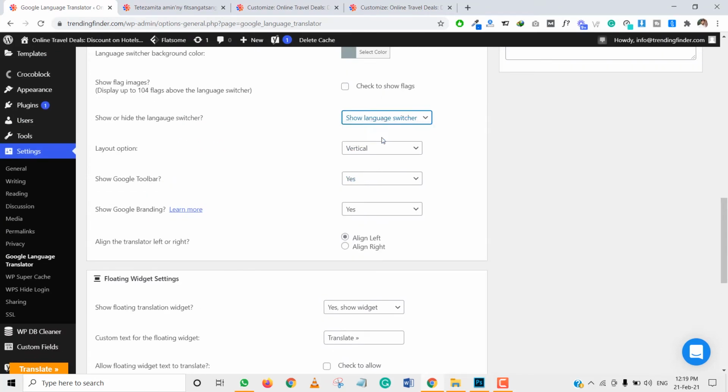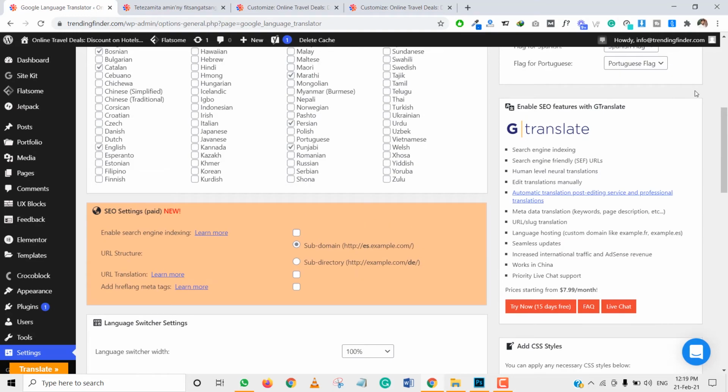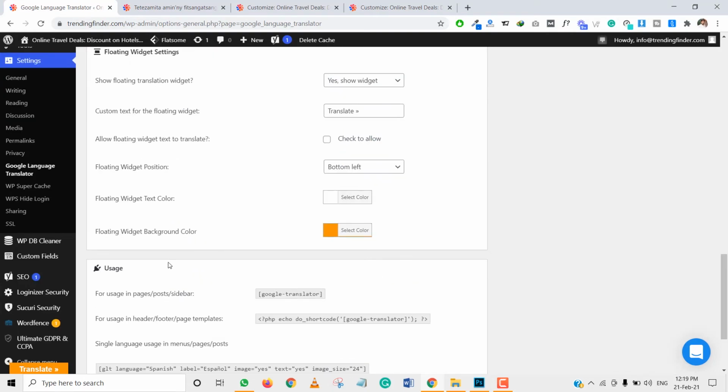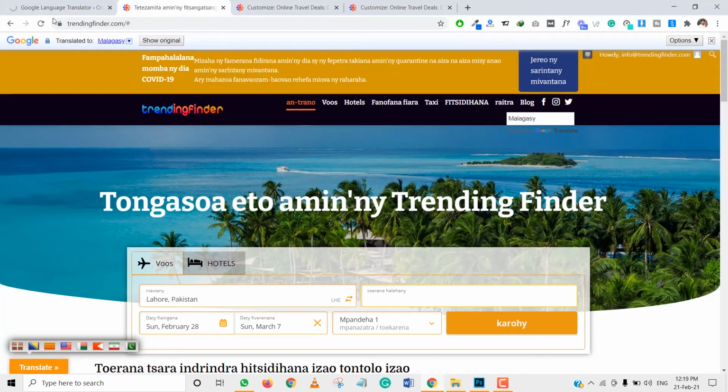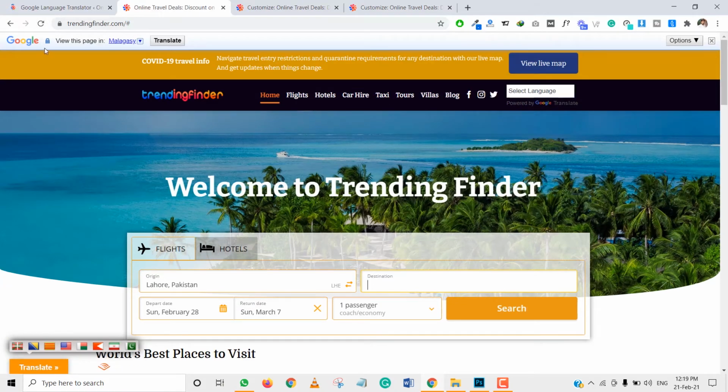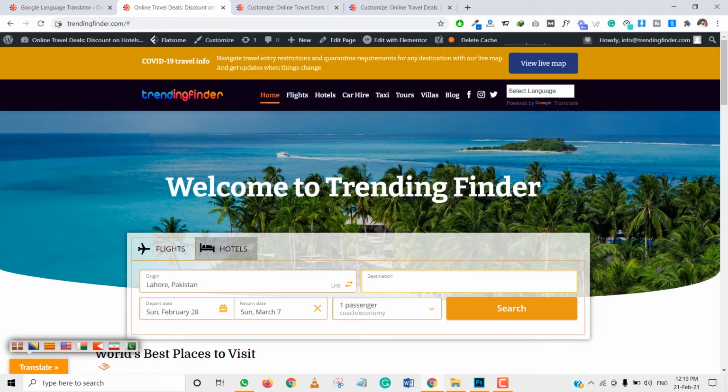Show hide language switcher. So if I click on save changes, you can see one thing is also appearing on our top bar. We don't want to show these sections here, so we can close this section and reload this page.